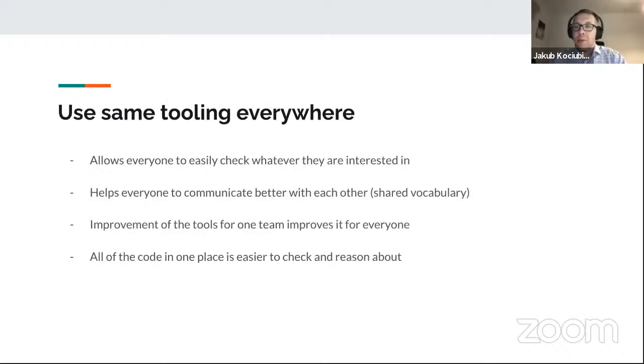You should use the same tooling everywhere. It shouldn't be that, as a developer, if you want to look at how the production systems are configured, you have to learn a whole new versioning system, a whole new ticketing system, a whole new whatever other system. You should share as many tools as you can so that it's easy to check a lot of this stuff out, because you can just use the tools that you normally use for your job.